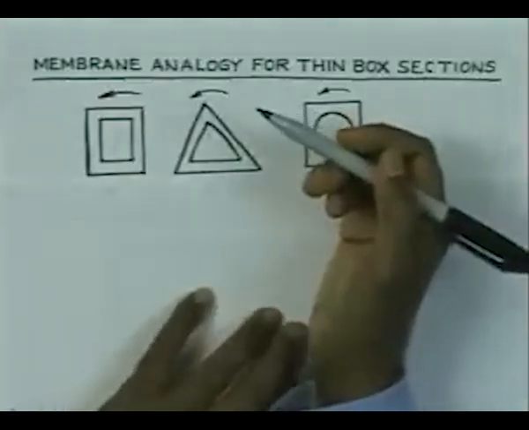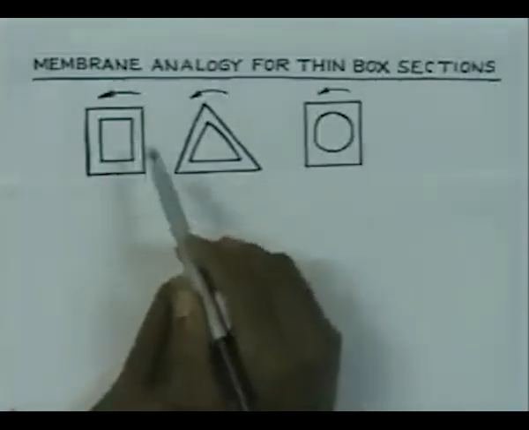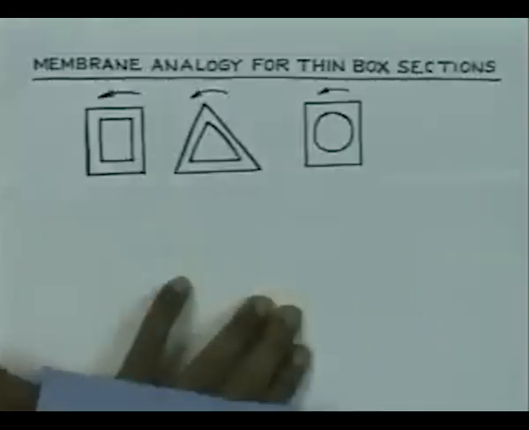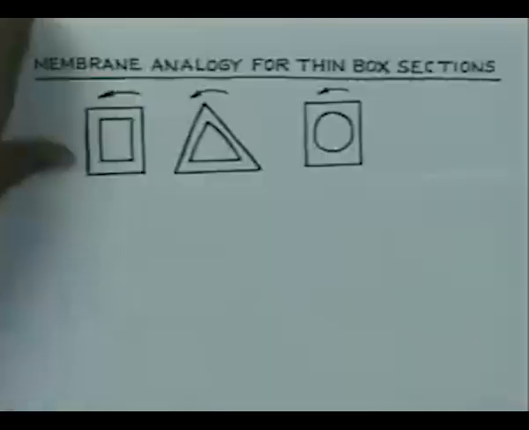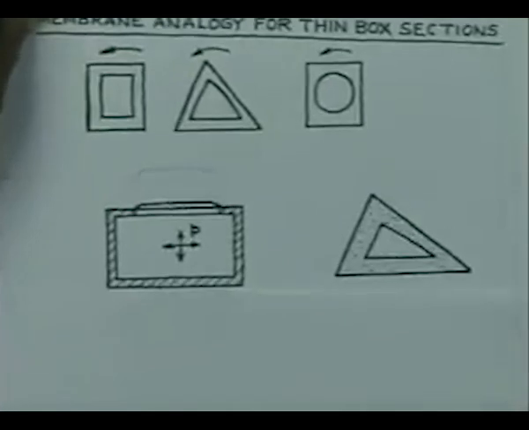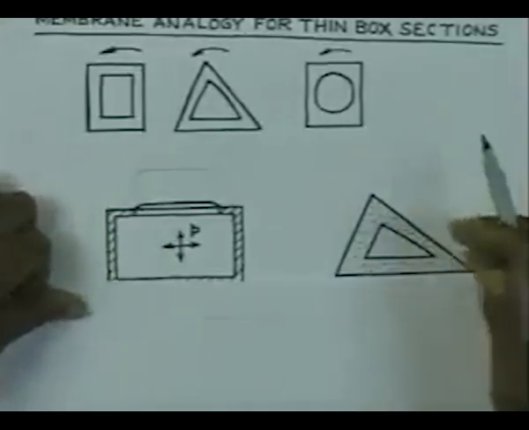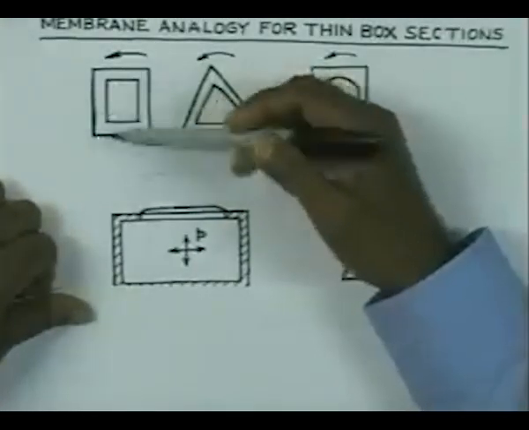Now, if the membrane analogy is to be considered for such sections, how do you go about it? We have given you the membrane analogy for solid rectangular sections, square sections, triangular sections, elliptical sections, but if we have thin box sections, how do we consider the membrane analogy? Just to get back to membrane analogy, if you recollect that if we have to have a membrane analogy for this type of section,